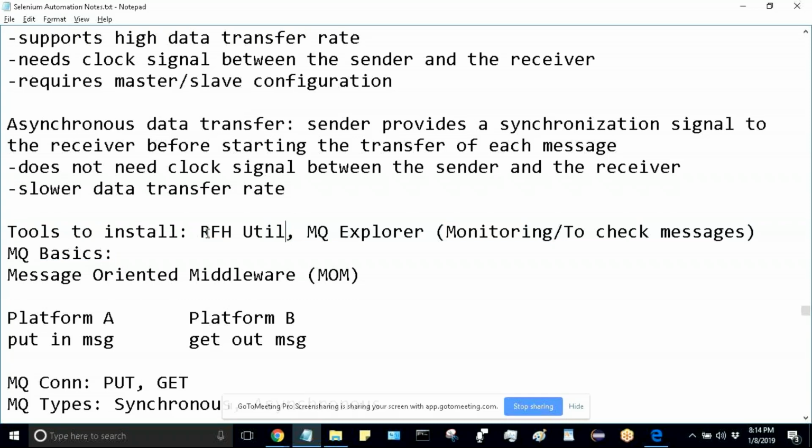These are open source, so you can download them. I think one of them is license based. I don't know which one is. One is Microsoft's and the other is open source. So check them out. And the basic need of these tools is to monitor, to check the messages, how the